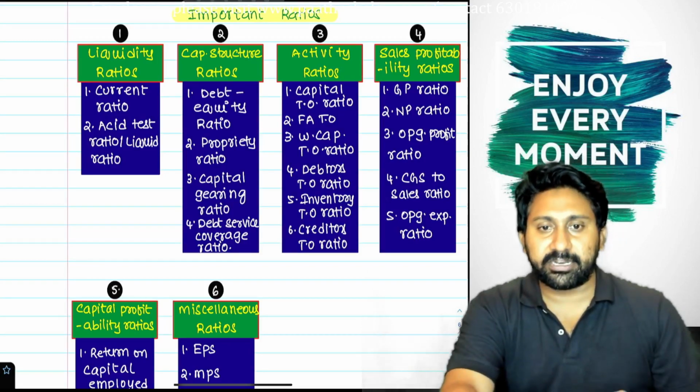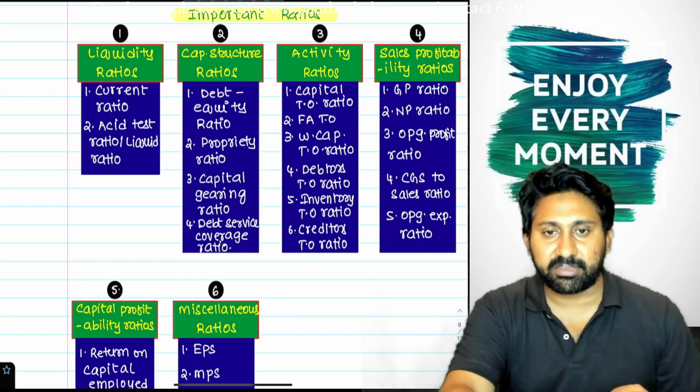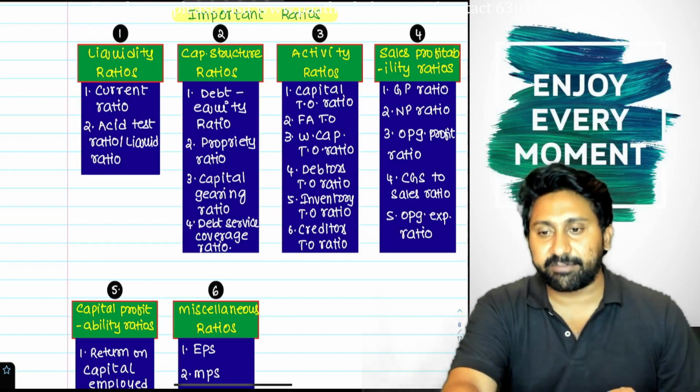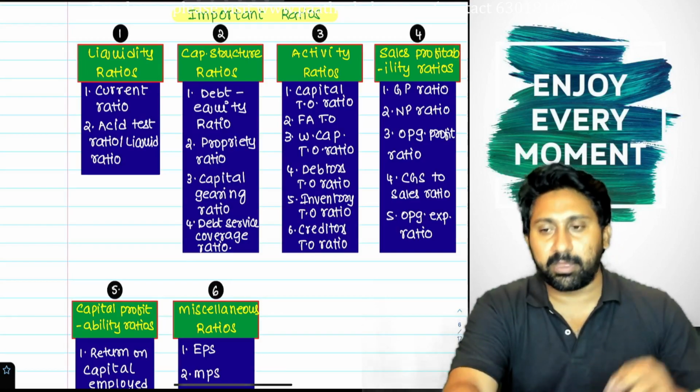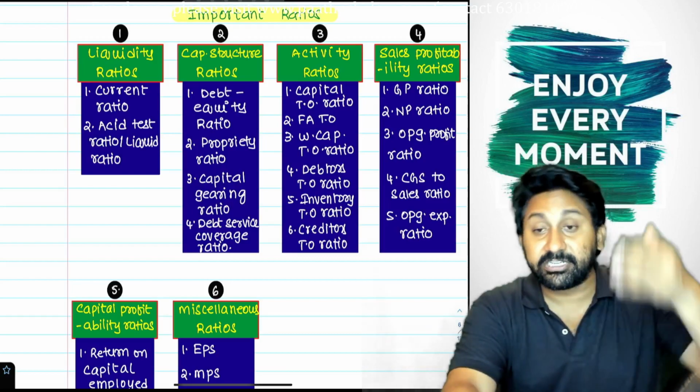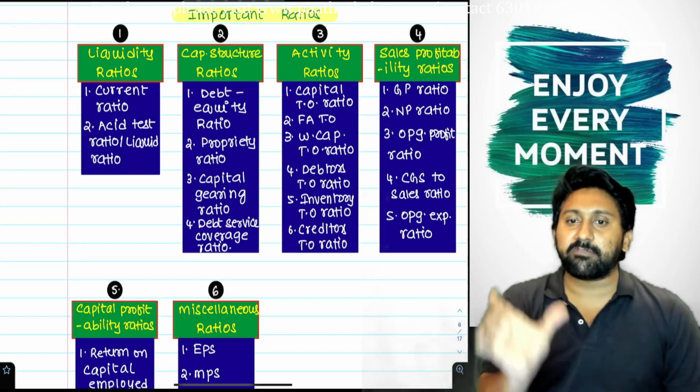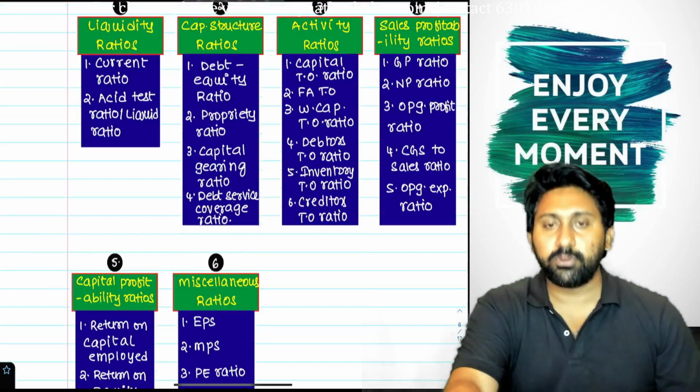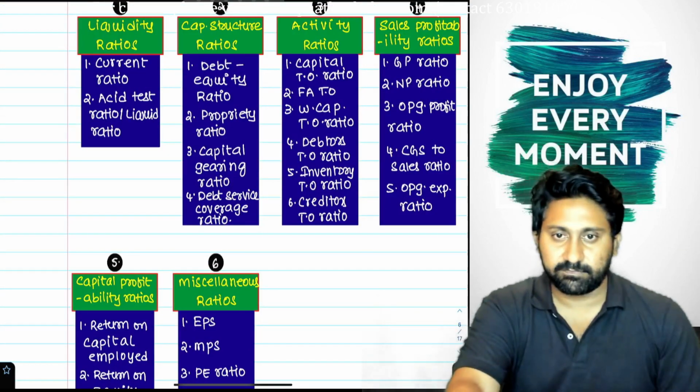Next, debt service coverage ratio. It represents the total debt installment and interest that you need to pay, and that will come in the denominator. In the numerator we will take EBIDTA. Next,